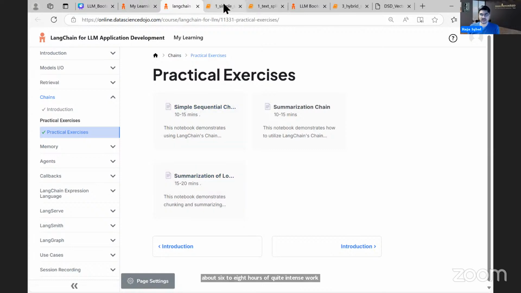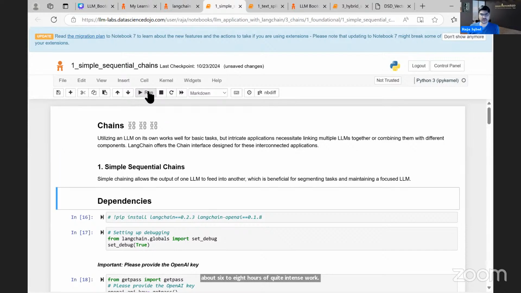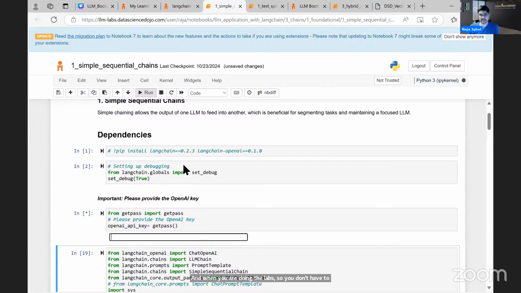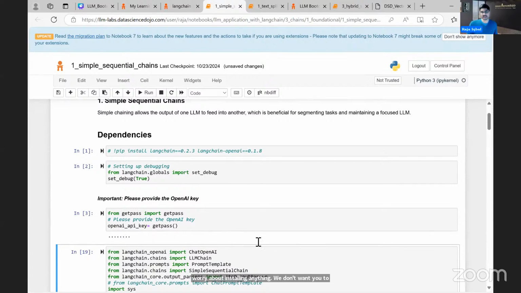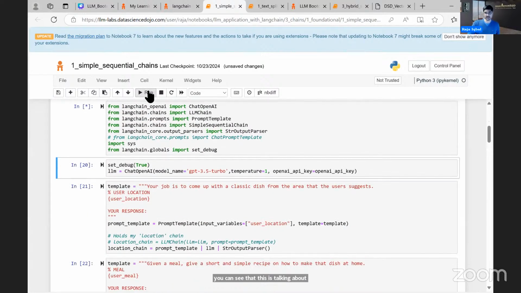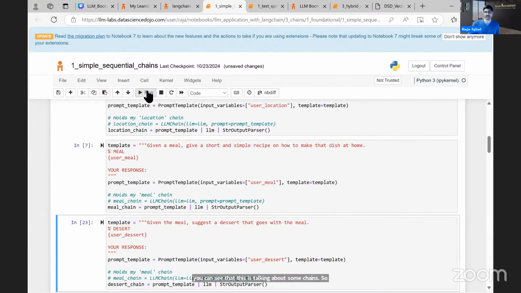And when you are doing the labs, you don't have to worry about installing anything. We don't want you to worry about dependencies. So in this case, let me copy and paste my key here. You can see that this is talking about some chains. This is an example of a simple sequential chain. And then you run.